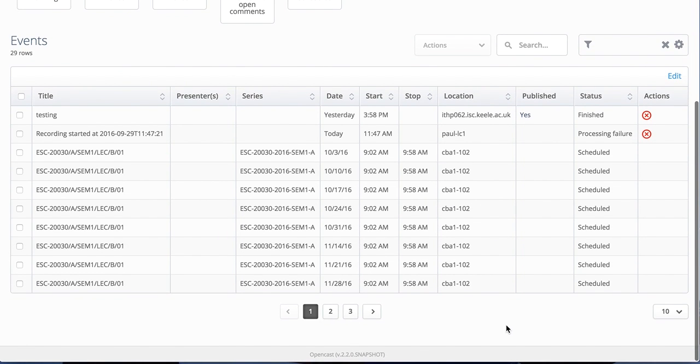Now, if after 48 hours you've actually chosen not to publish or trim, your video will be published into your playback stream within the KLE. So that's a useful thing to remember. It's 48 hours and then publication takes place automatically. But it's within your control to review, edit,